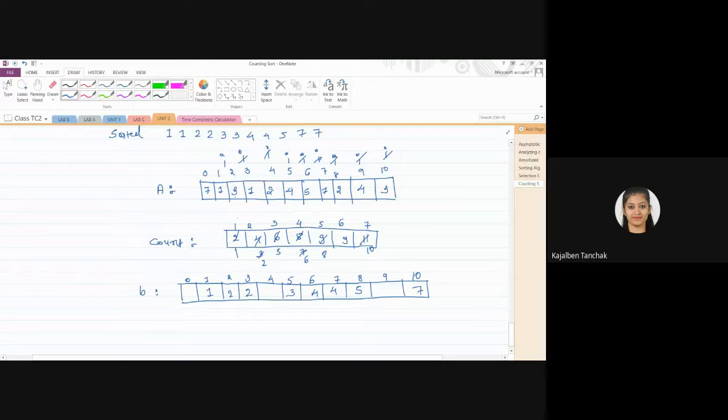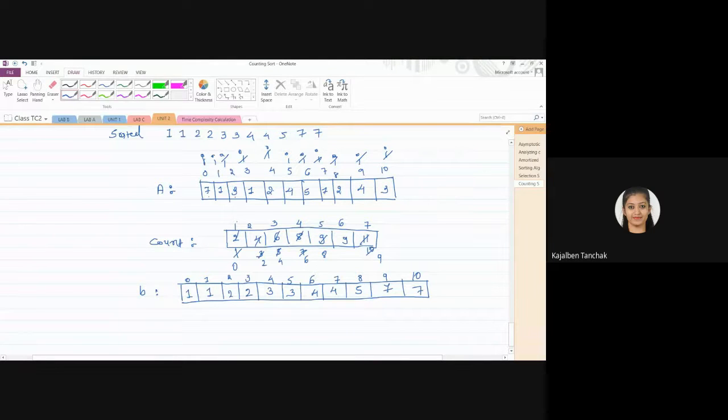Here index 3. Go to the 3. Decrement by 1. There is 4. So here you will insert 3. Then index 0. Here you will insert 1. And I is here at 7. Go to the 7th index, and here it is 9. So you have inserted 7, right? So this is the correct position you have found for each distinct key value.